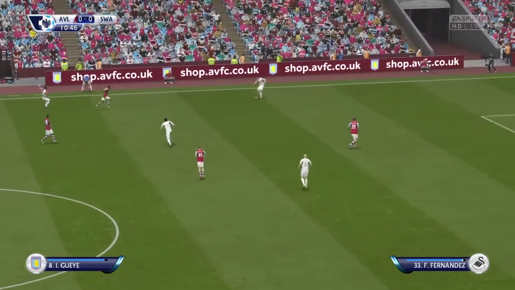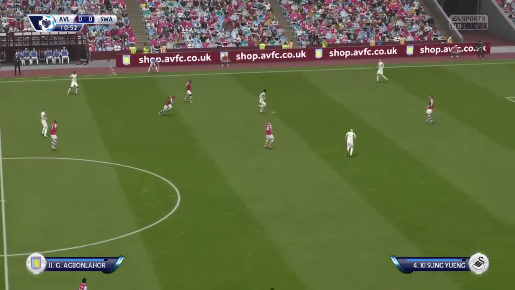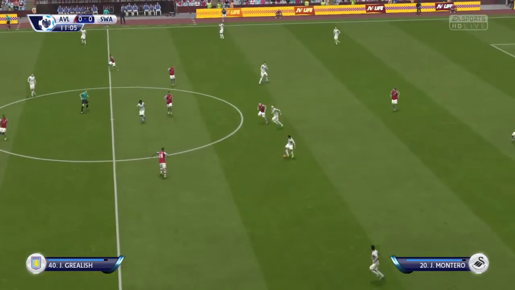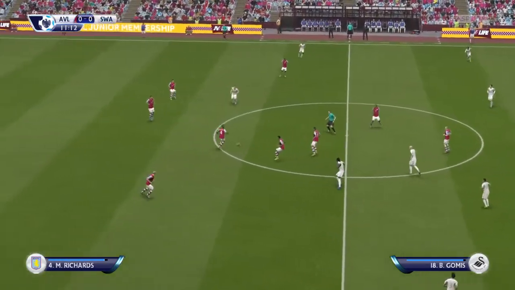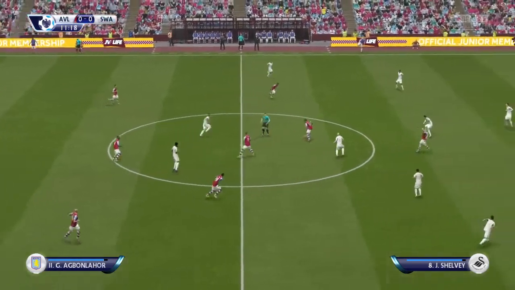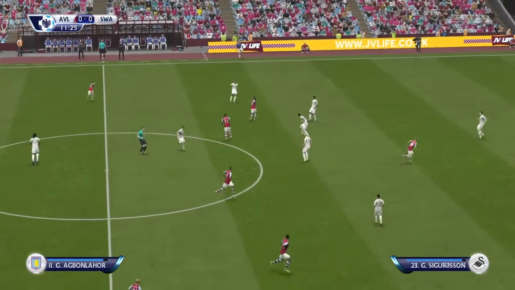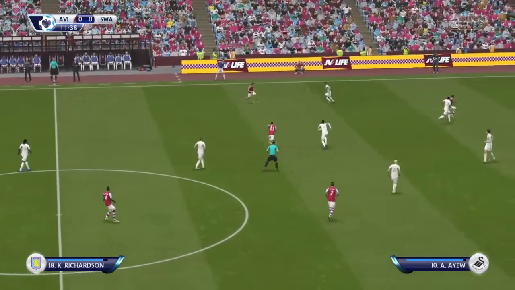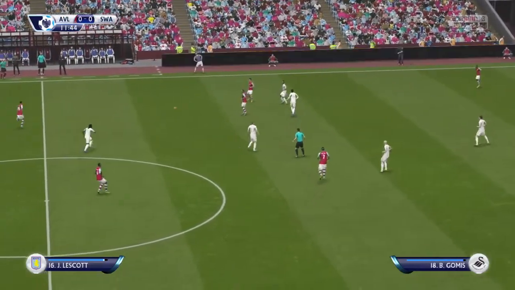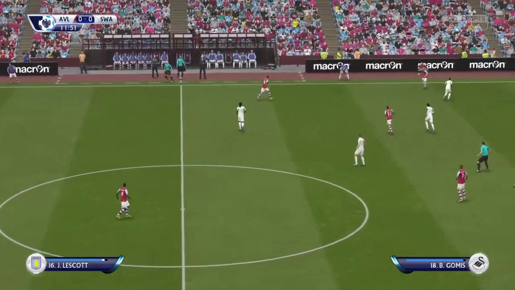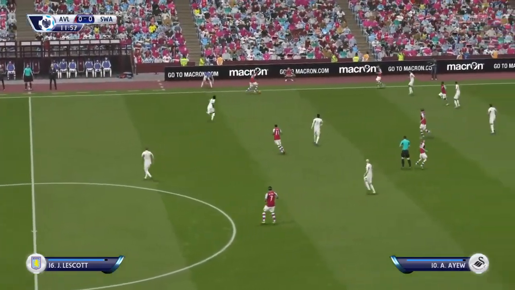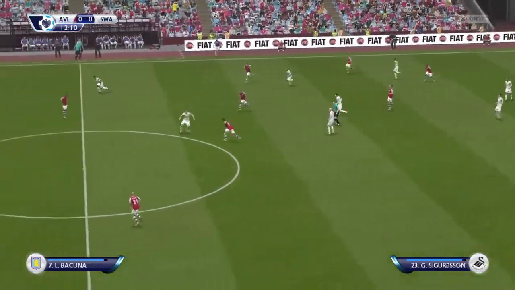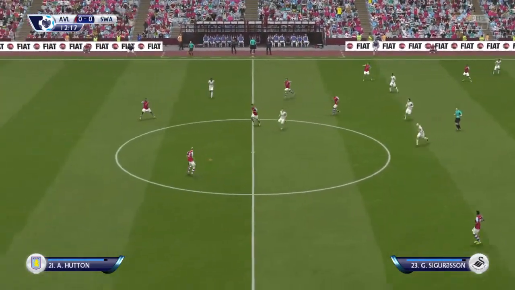Given it and got it back again. Ki Sung-yueng. Bafetimbi Gomis. Terrific tackle. Bony Lahore. Richardson. Here's a chance to attack. Alan Hutton.